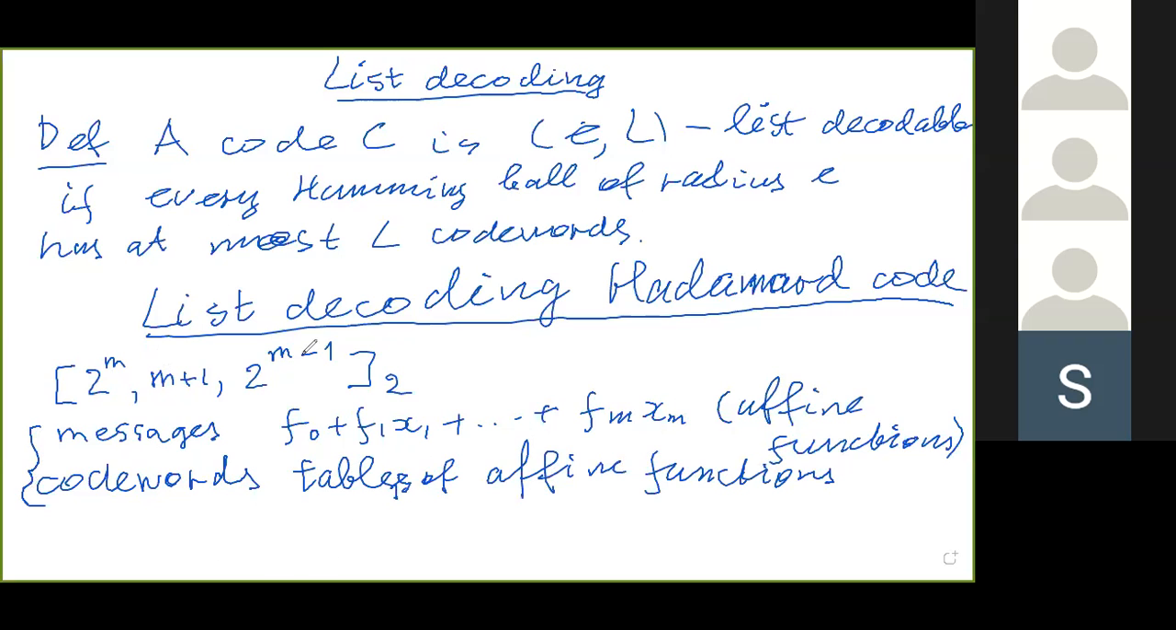The maximum number of errors the code allows to correct is half of the distance. And for list decoding, the necessary and sufficient conditions say that with a small list, we can decode up to approximately